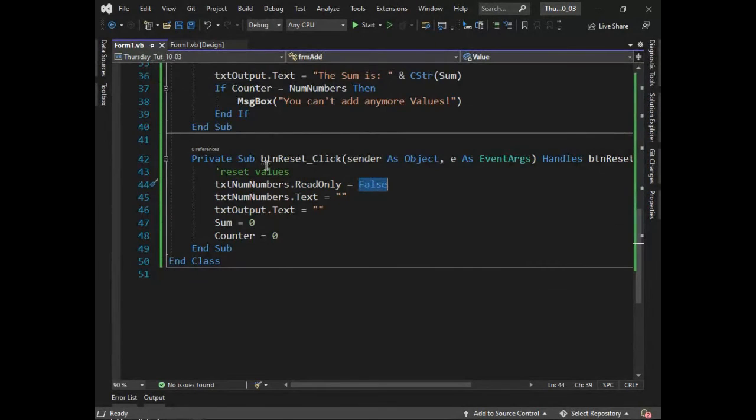I can't hear the last part of your question. Line 44. Line 44, yes. Why do you have to reinitialize the? Because remember, when I ran it the first time,